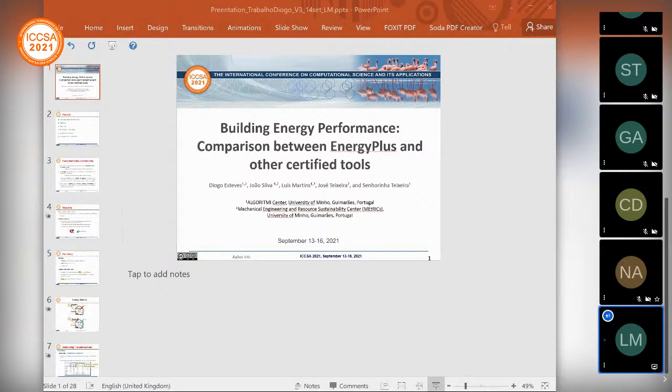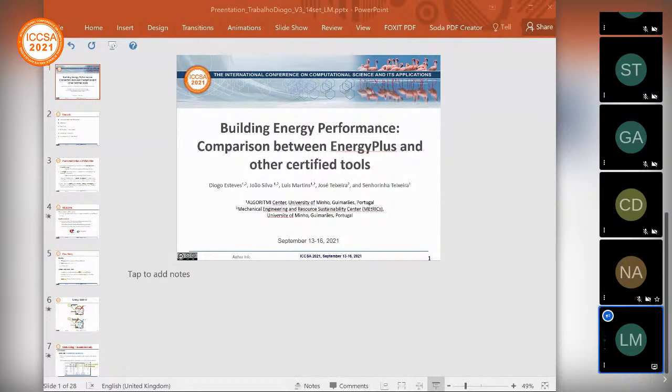The case study was a very simple building, considered as a residential or a small service, only with 60 square meters, so a single zone, 10 by 6 and 3 meters high. And the energy simulation tools were 3, as I told. The first one is a very simple one. It's applied to residential buildings. So it's a spreadsheet for residential buildings. In Portuguese, this regulation is called the REH, for Energy Regulation for Home Buildings,